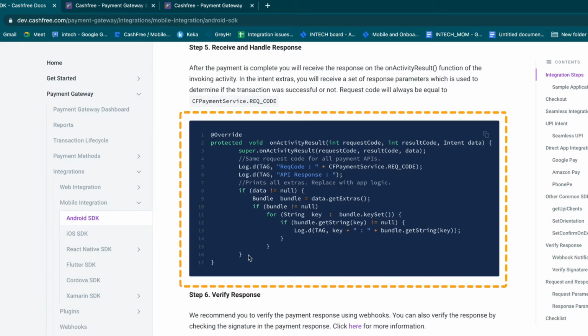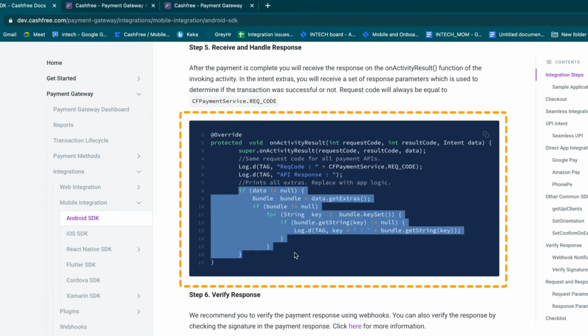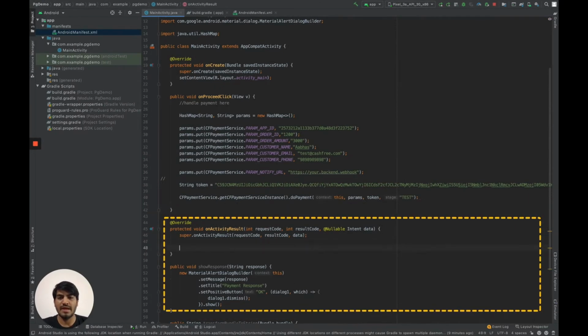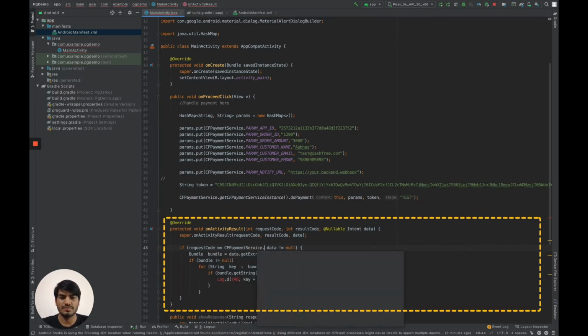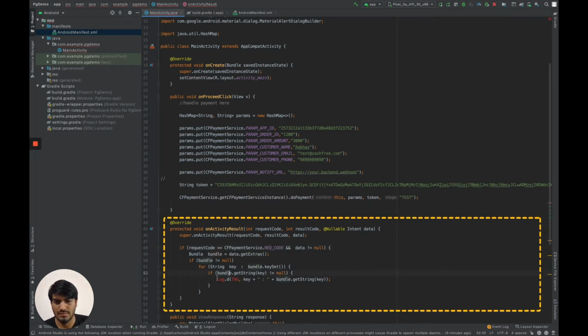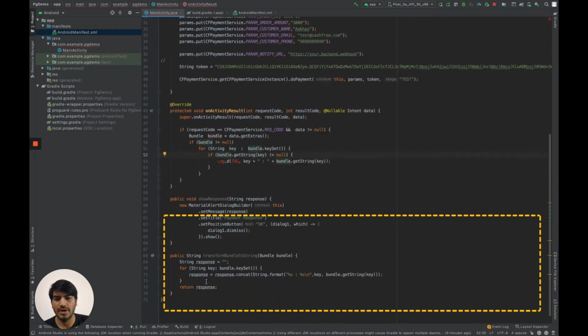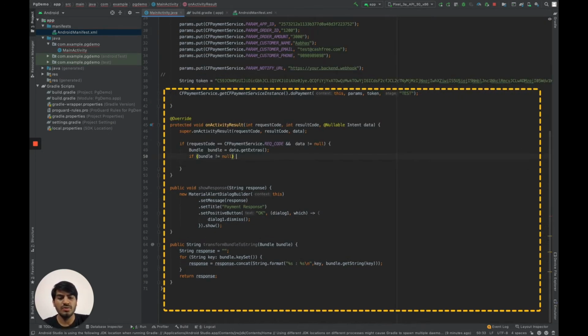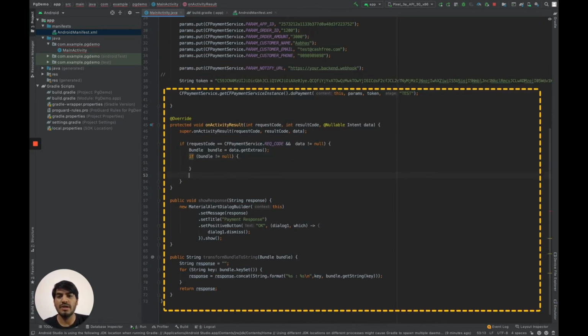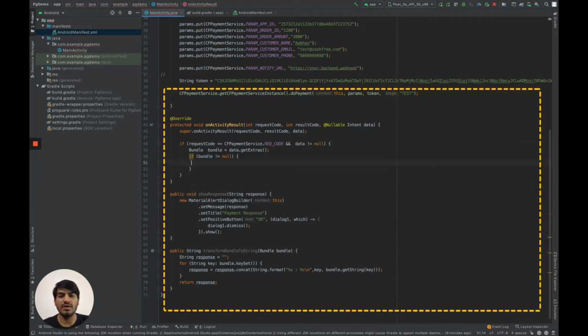So I'll copy this, paste it in my onActivityResult, also making sure that I check the request code. And here I have created 2 helper functions which will convert the bundle to a string, which will be displayed as an alert dialog on our demo app.